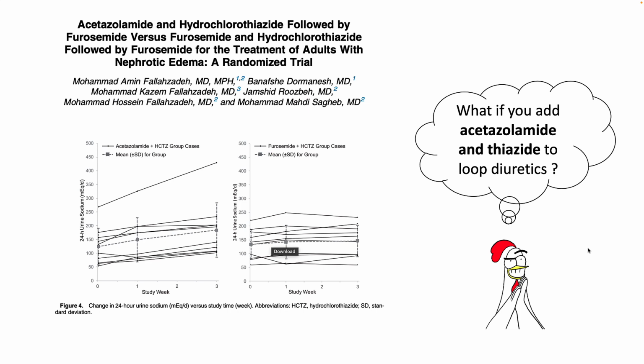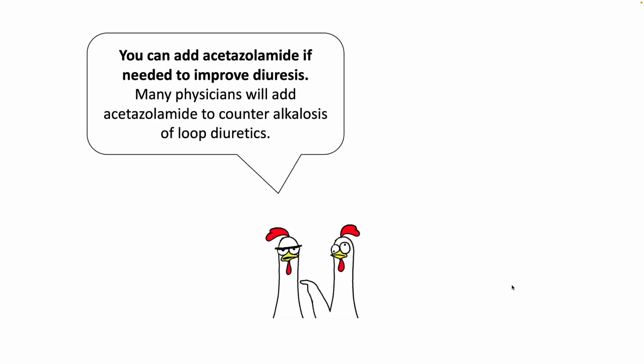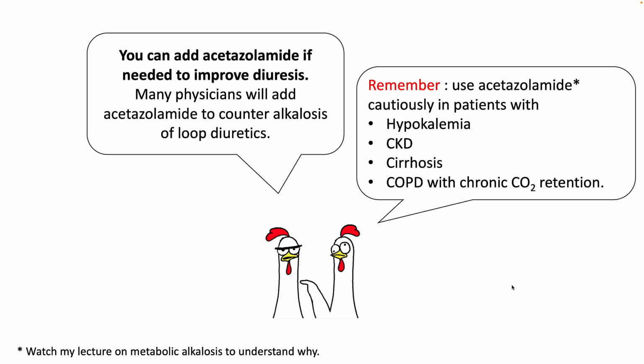This has been studied in nephrotic syndrome, which certainly shows that there is increased sodium excretion when you combine all three diuretics together. However, this has not been studied in congestive heart failure. So you can add acetazolamide if you need to improve diuresis, and many physicians will add acetazolamide to counter the alkalosis of loop diuretics. However, be cautious when using acetazolamide in patients with hypokalemia, CKD, cirrhosis, and COPD with chronic